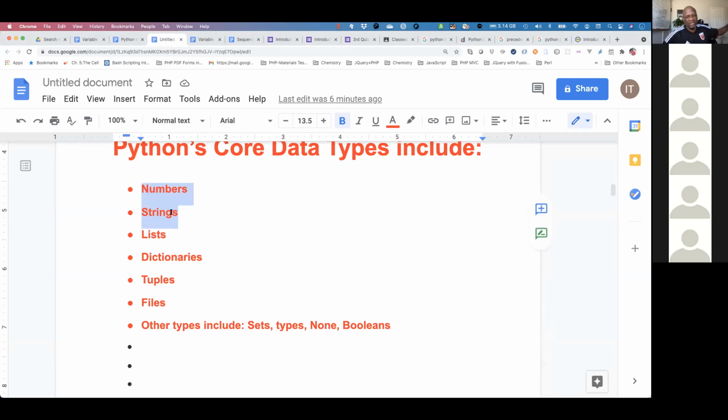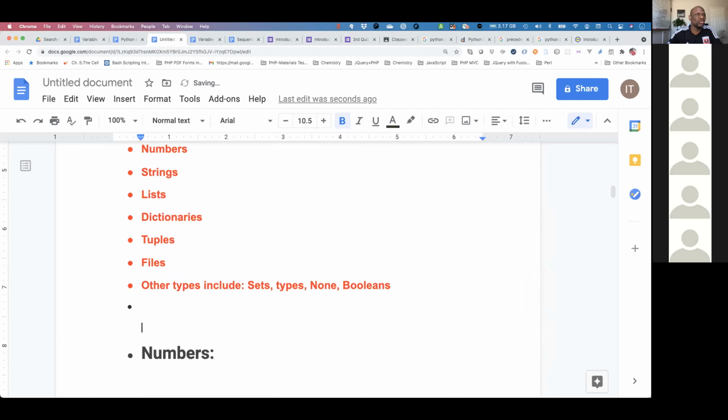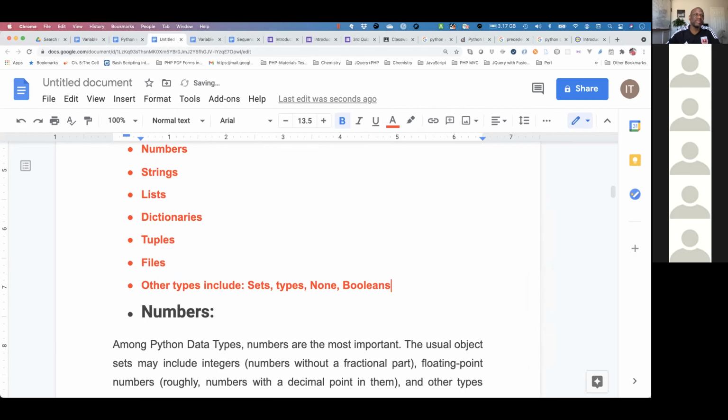We call those primitive. Primitive in the sense that they've been existing ever since, even before the computer was there. And then we have the non-primitive data types. Now we have the lists, the dictionaries, the tuples. Some people call them tuplets, depending on where you come from. And then we also have the files, the sets, the types, and the None. So I'll go ahead and break it down. Don't worry about anything, we just break it down for you.